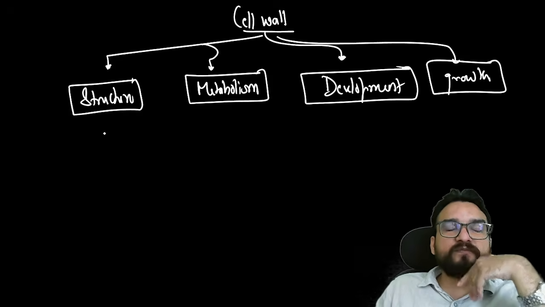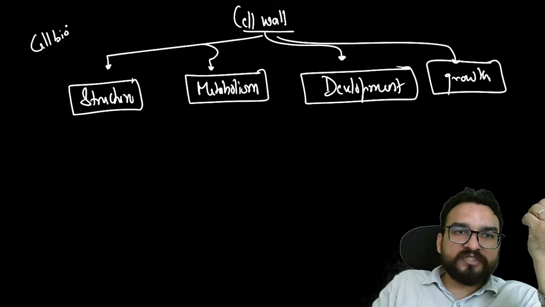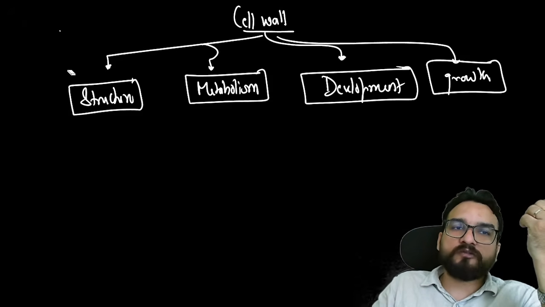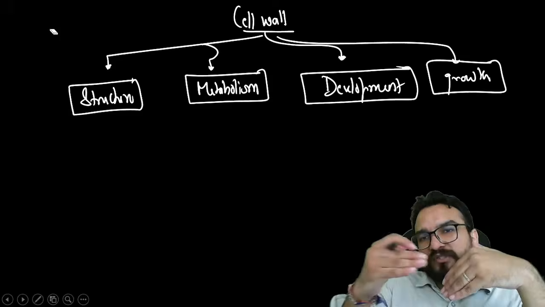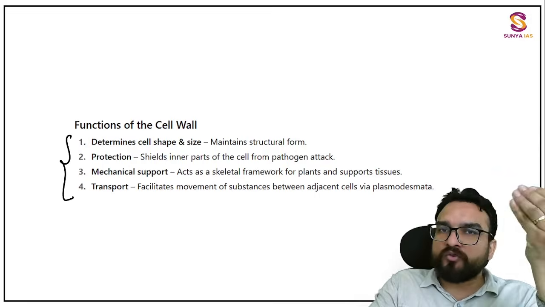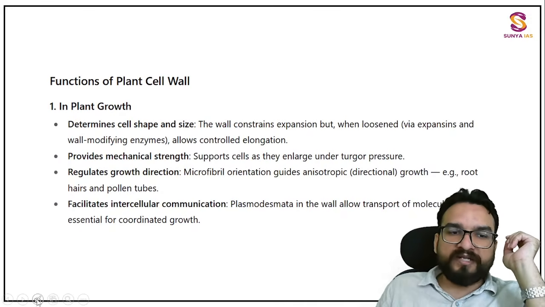Now most of the things you will be understanding more when you have read, or when you will be completing this whole cell biology and genetics. Then you will be learning about a lot of things. When you will be completing unit number 4 plant physio, then also you will be learning about the importance or functions of cell wall, because right now you are just starting, right? Those who have studied, they must be connecting, but those who are new, don't worry about the words which you are going to see now. See plant cell wall, how it helps in growth.